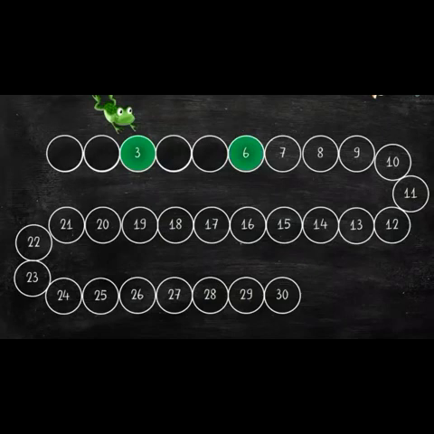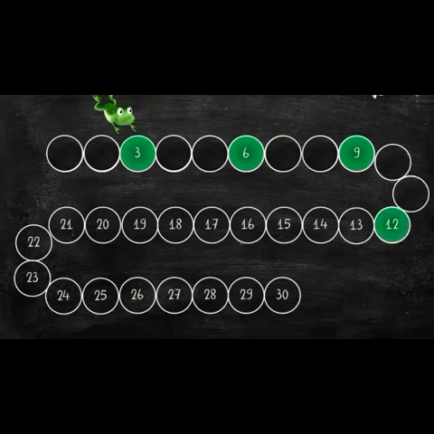Let's take an example of multiples. A frog is jumping 3 steps at a time. So, let's find the numbers on which the frog will jump. The frog will first jump on number 3, then 6, then 9. Again it will take 3 steps and jump on number 12,